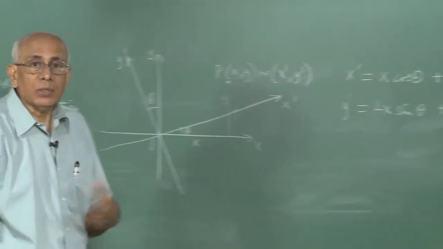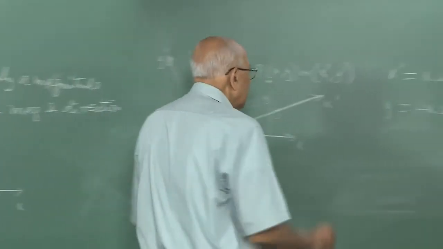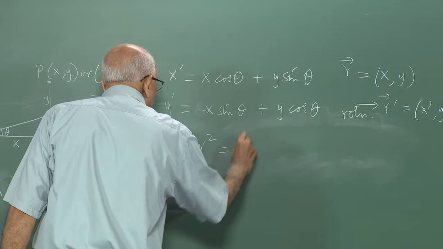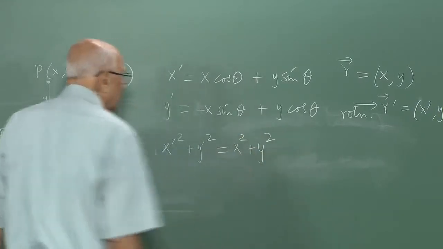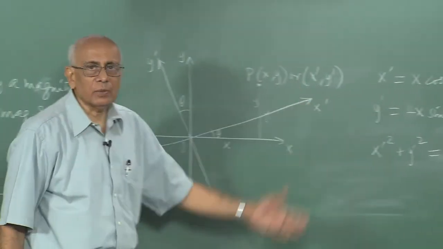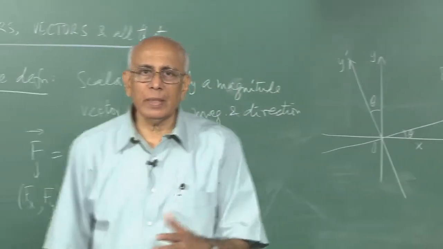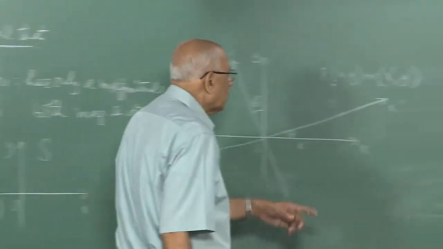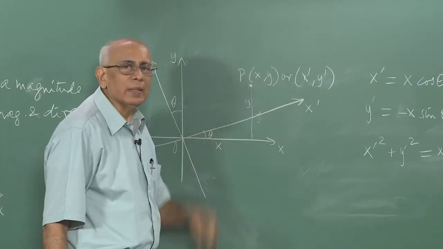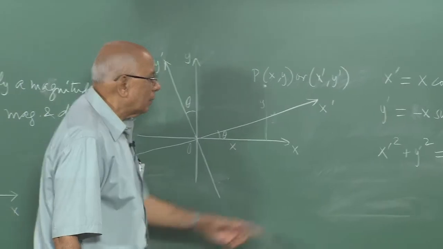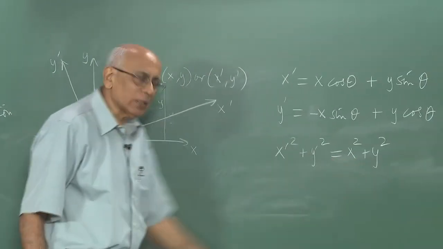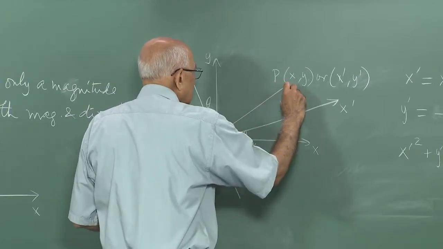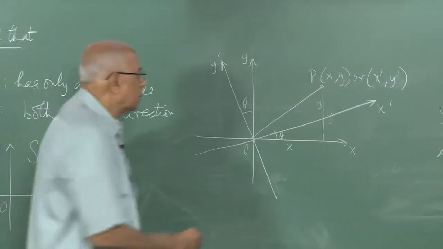Now it immediately tells you right away that x prime squared plus y prime squared is x squared plus y squared. That is a simple matter of using the trigonometric identity, cos squared theta plus sin squared theta is 1, and then you get this relation here for an arbitrary point x comma y. Now what does that mean? The physical meaning of this x squared plus y squared is of course the length of this hypotenuse. So this distance here is r,